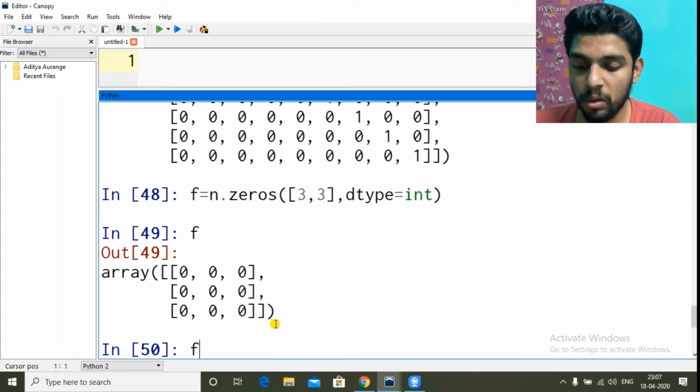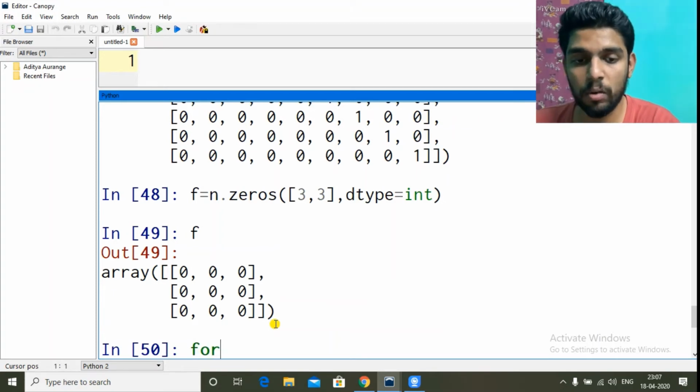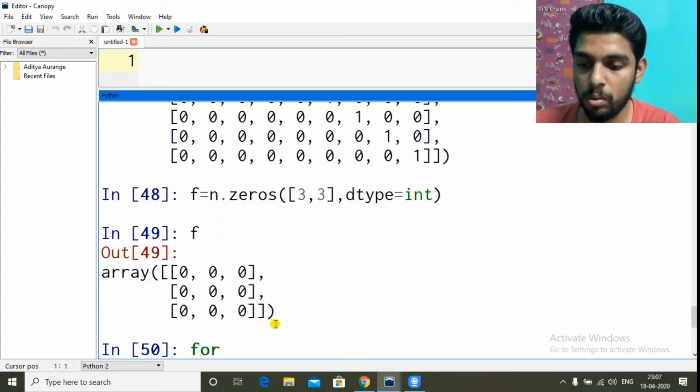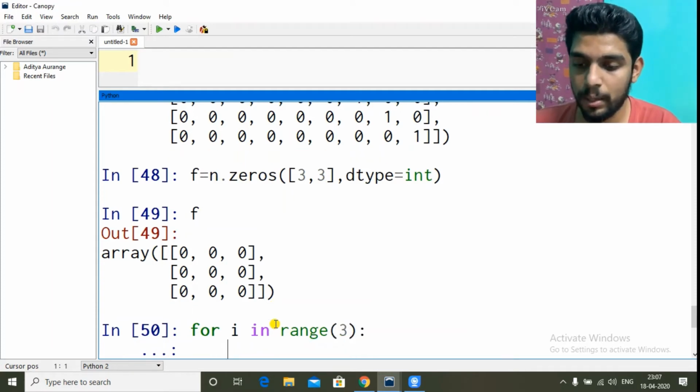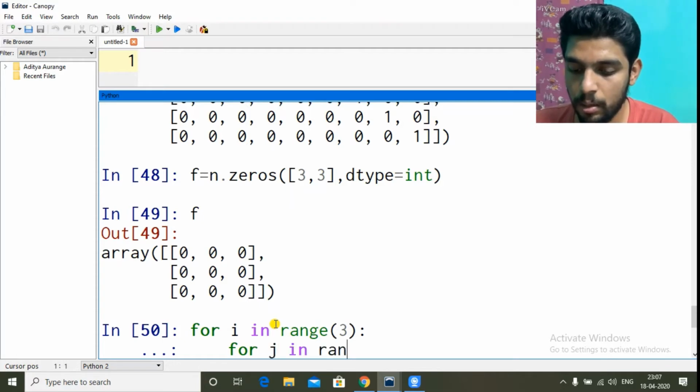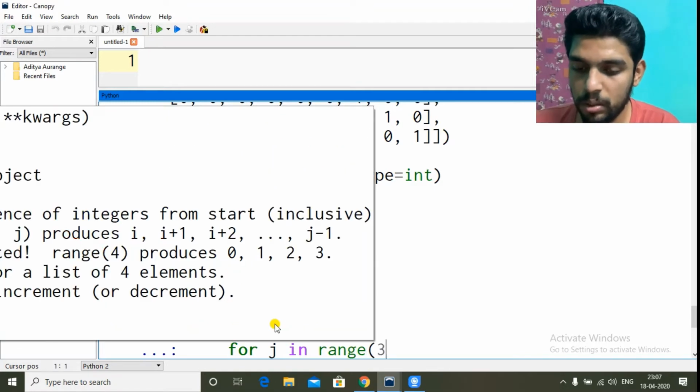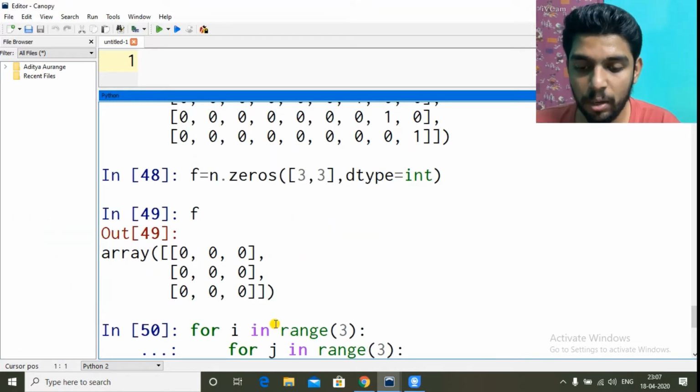So using a for loop, iterating over rows and columns. So for i in range 3. Okay, next for j in range 3, because we have 3 rows and 3 columns.